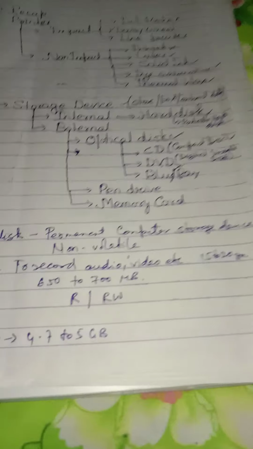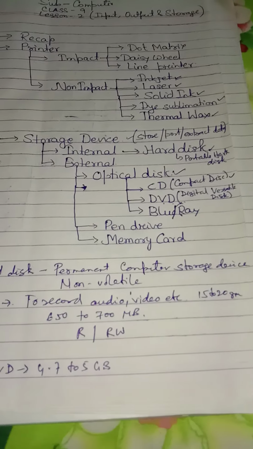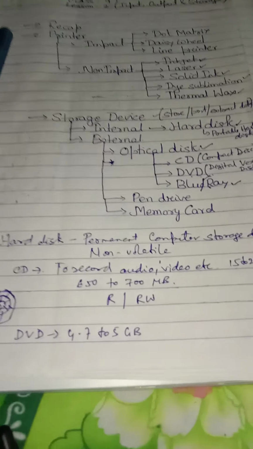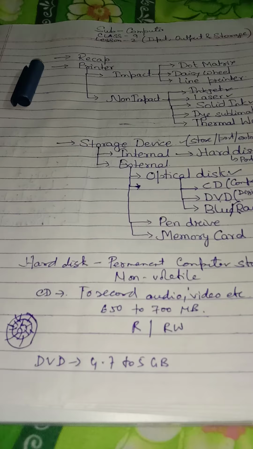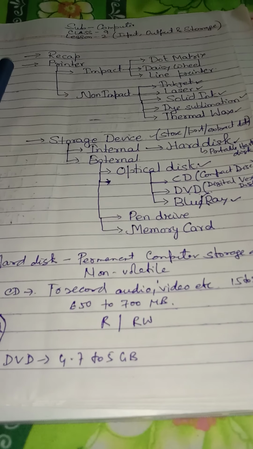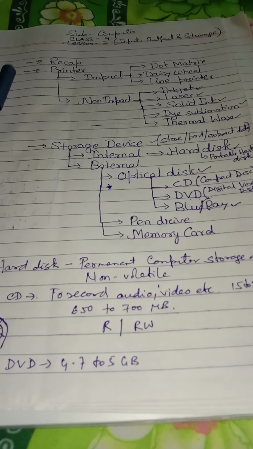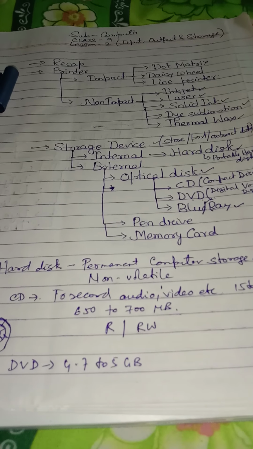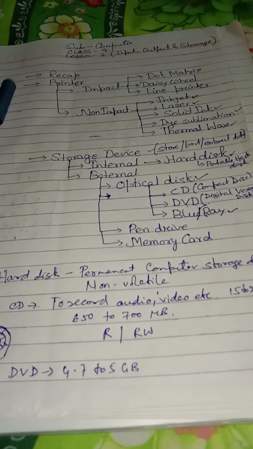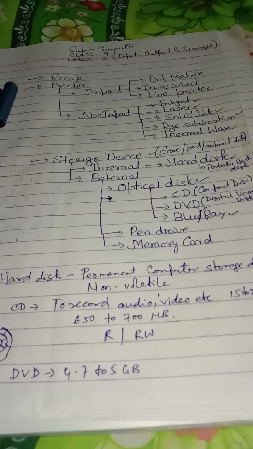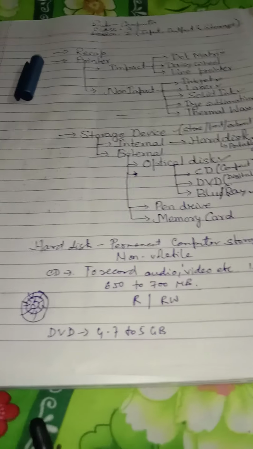Next topic that we are going to discuss is Blu-ray disc. What is Blu-ray? The Blu-ray is the latest technology in the optical storage device. The Blu-ray disc can store a large amount of data. Its storage capacity is 5 times that of the DVD. It can store 25 GB on single layer and 50 GB on double layer.